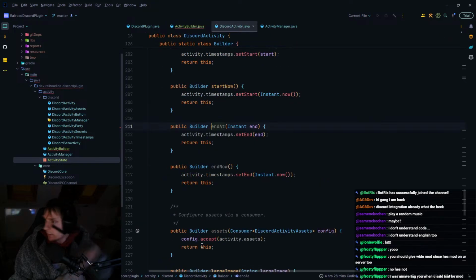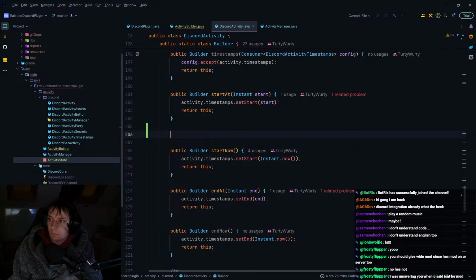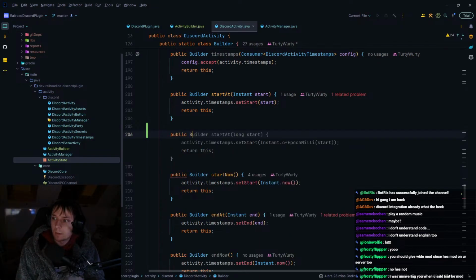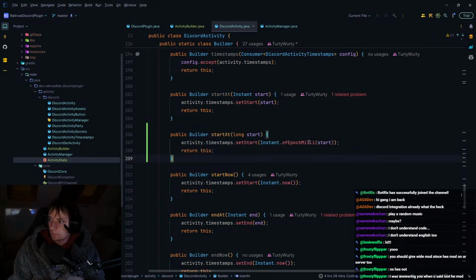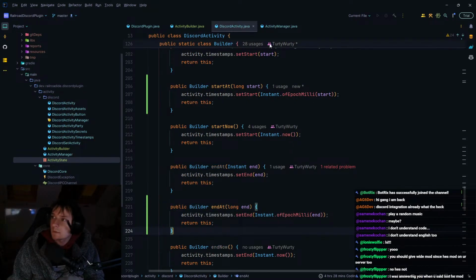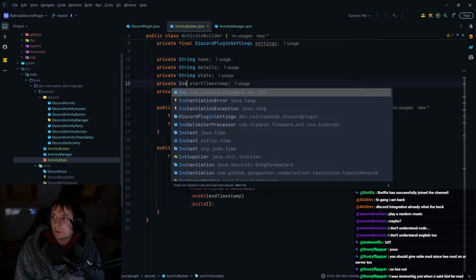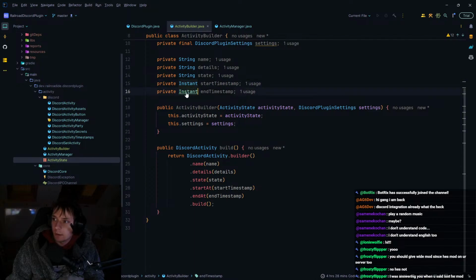So these currently take in instance. I think we can make them take in a millisecond time, right? So public builder. Yeah, basically that. Public builder end at. Okay. Nice. We will actually take in an instant here though. So I guess those methods aren't really necessary. But yeah, we will actually do that. And then